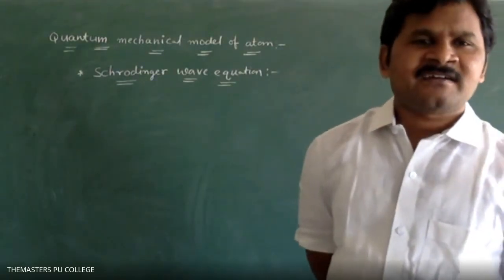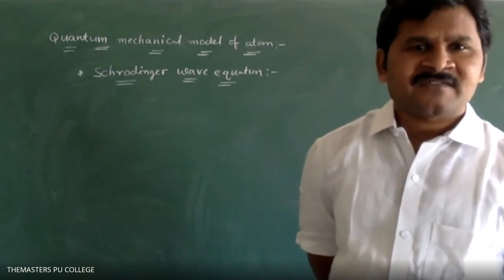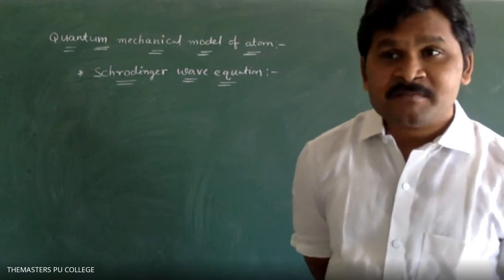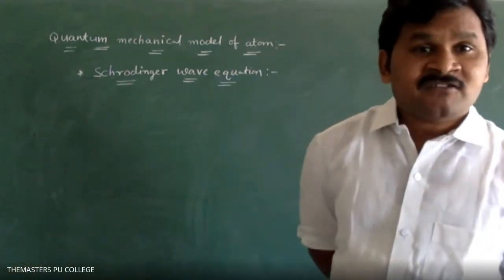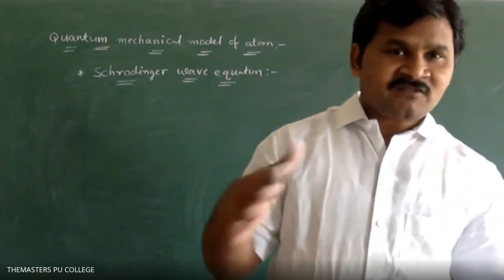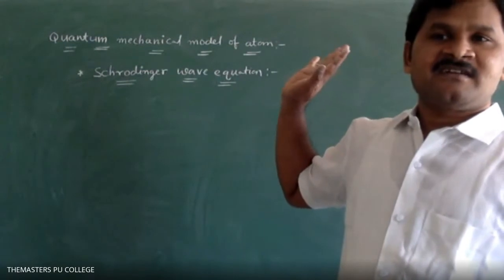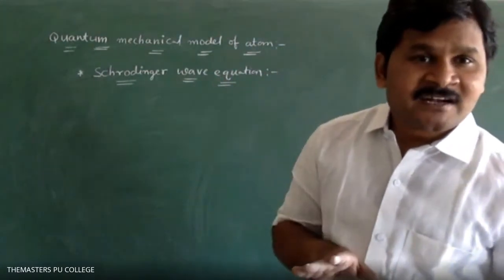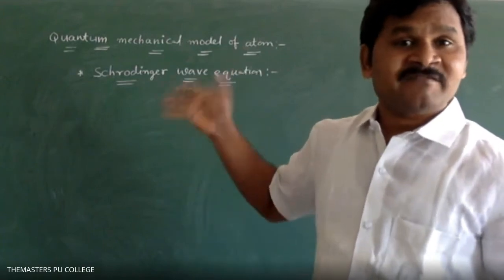How to calculate the complete address of an electron? We can calculate the complete address of an electron by using the quantum numbers concept, which we will get in the upcoming topics. These quantum numbers are nothing but the result of the Schrodinger wave equation. So from where are we getting quantum numbers? We are getting these quantum numbers from the Schrodinger wave equation.